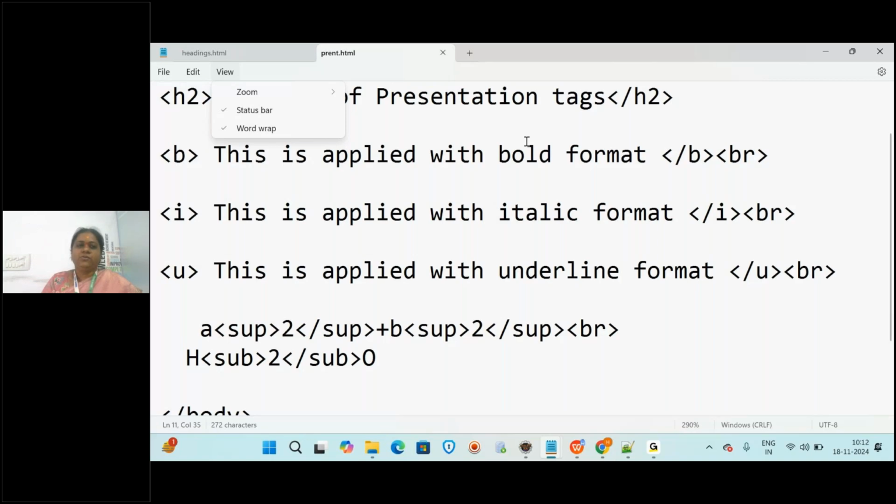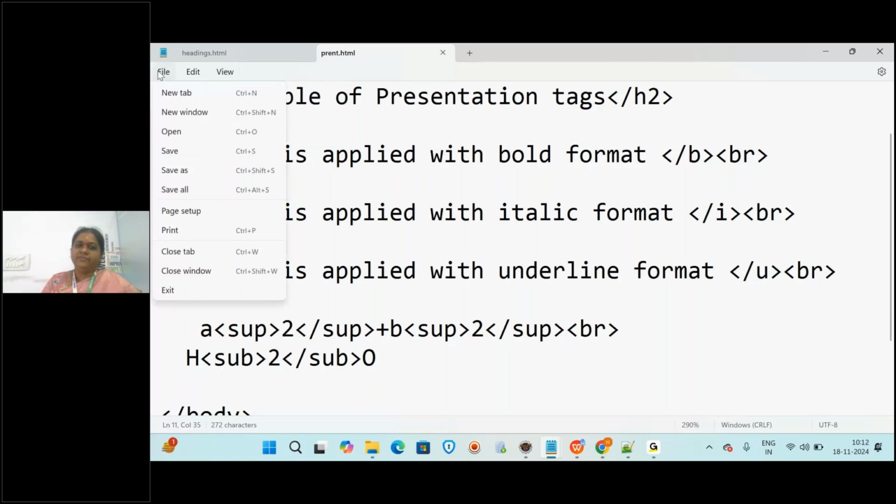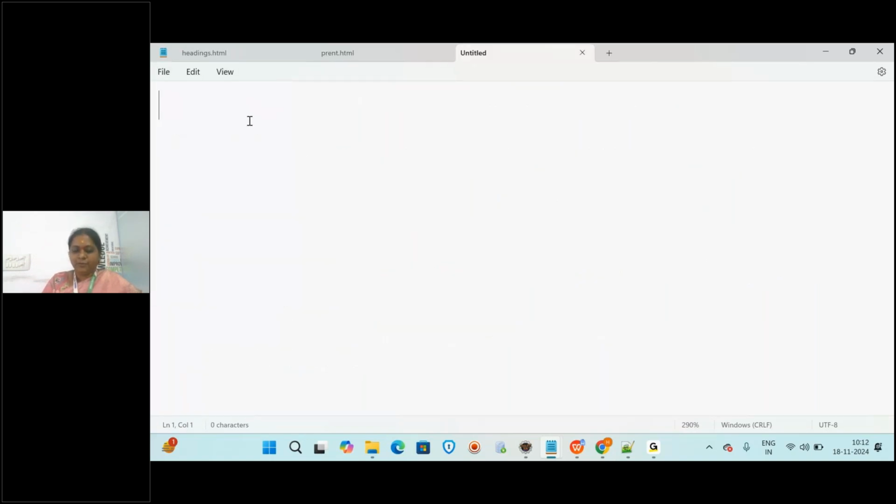Okay. So now I'm going to create one more new file in a new tab, and here I'm going to type HTML again, and then the body tag. If you want a heading you can give it, otherwise it is not required. Now I'm going to write the small tag.